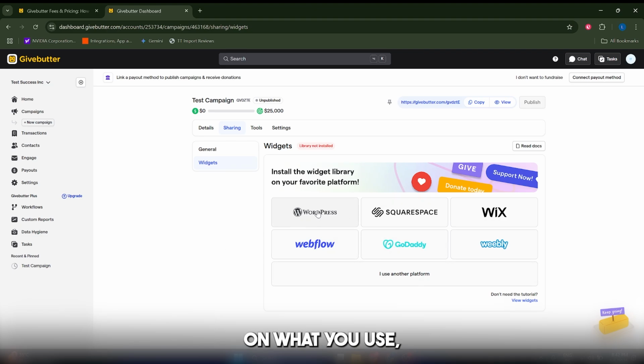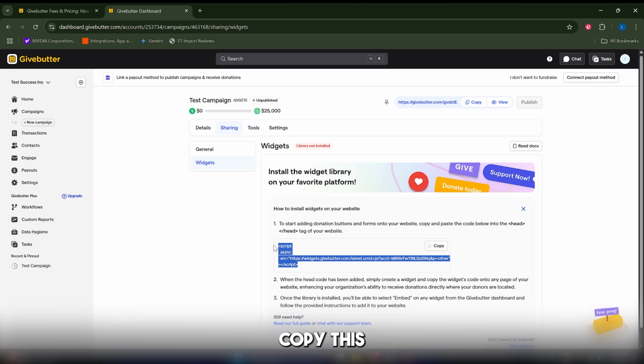So depending on what you use, depending on if you use WordPress, Squarespace, GoDaddy, or things like that, just click on the corresponding button. If you do not use any of these platforms to build websites, if you have a custom-made website, which is cool, just click on I use another platform, and then you have to copy this HTML code, okay, to your